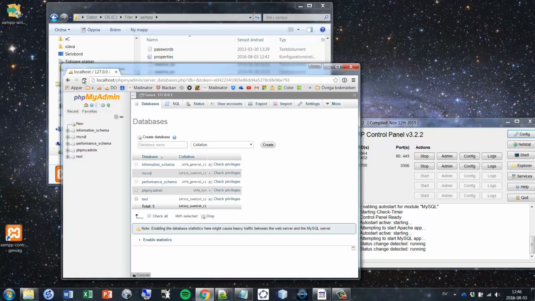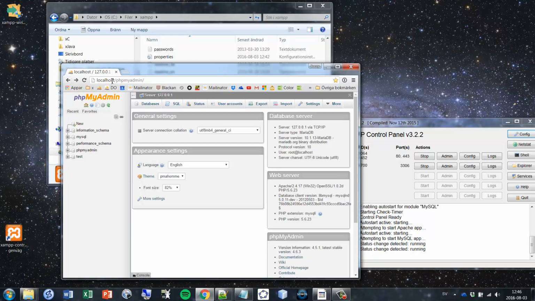So you have this one here. I would also bookmark this one, localhost slash phpMyAdmin, somewhere. You see I got it right here. So that's my bookmark for it, so you can easily go to your database if you need to, just for a good workflow. Okay, so now we're going to look at